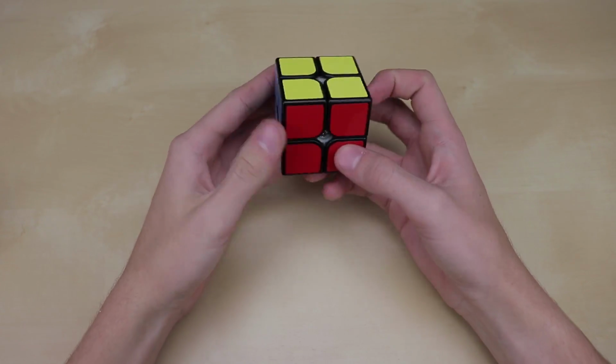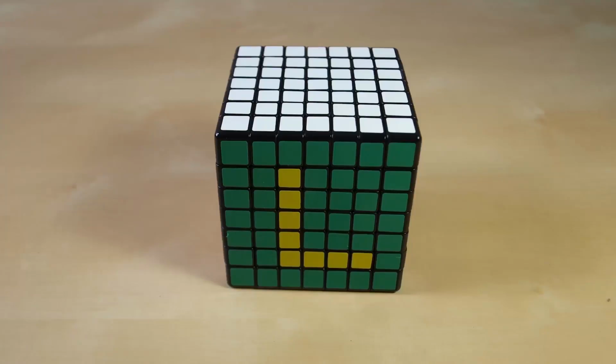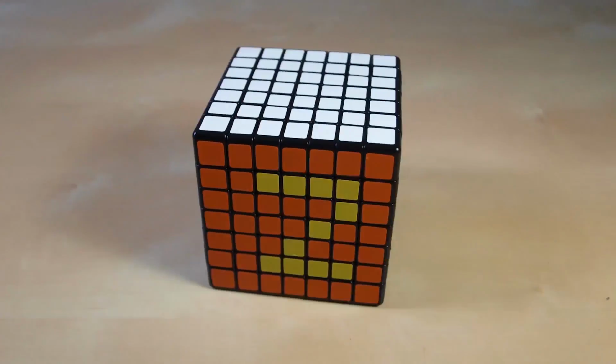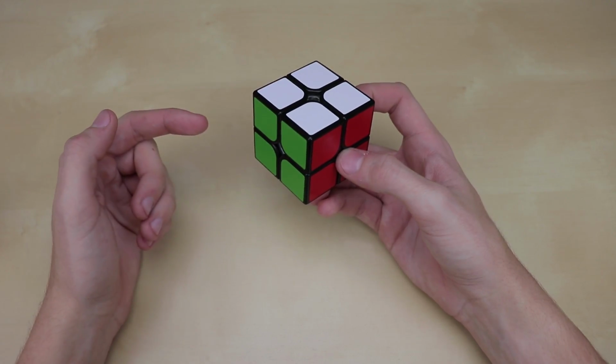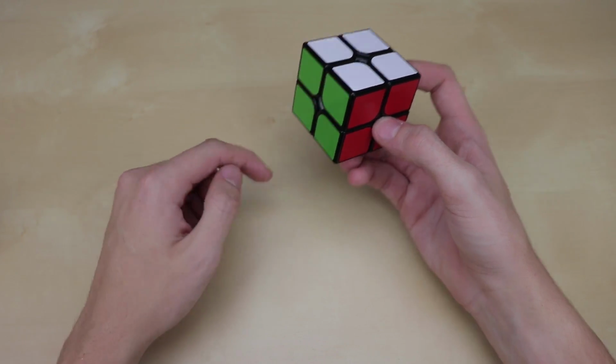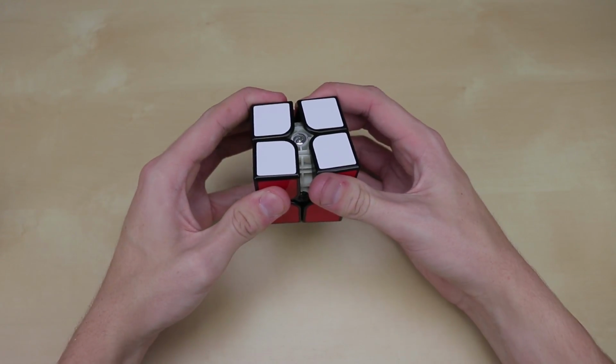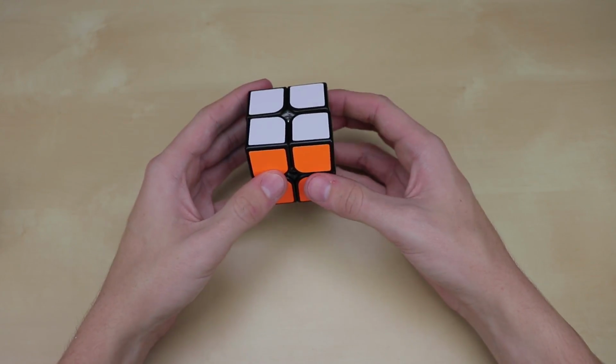Today we're going to be taking a look at my new 2x2 main, the ChuWen. Now this right here is my new main 2x2. I actually unboxed it yesterday off camera, which is why I can tell it's already my new main. I've already done quite a bit of setup on it, and the brand name for this cube is actually the